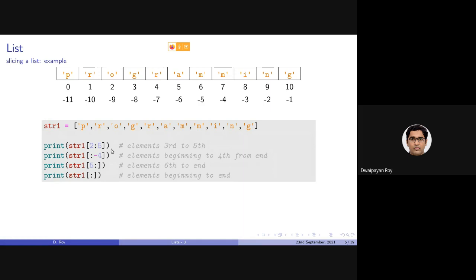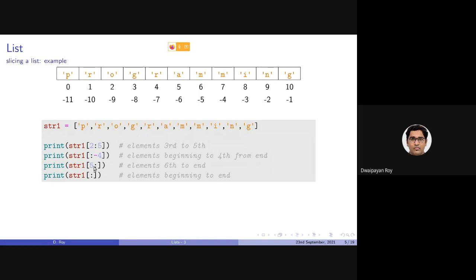Similarly, we can use negative indexing in this slicing operator as well. If we do not mention anything for the beginning, it will by default be considered from the beginning, that is 0. -1 is basically the 4th item from the right, or 4th item from the end. So it will be printing from P to M. Basically, it will be printing program.